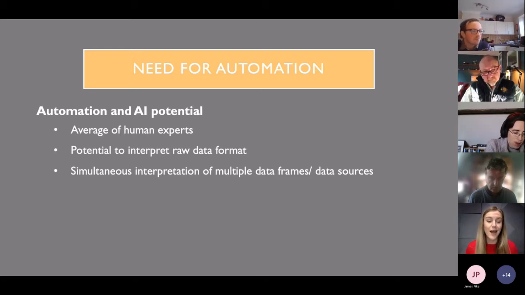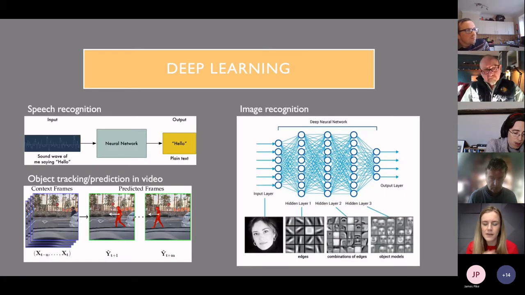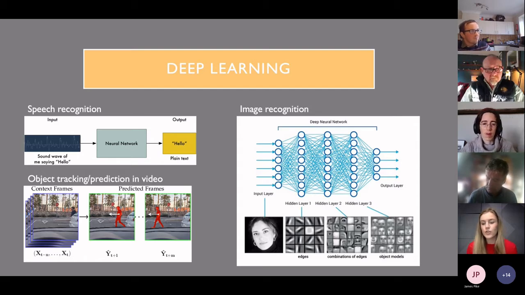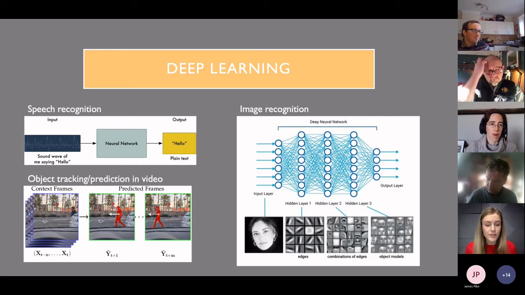So there's a lot of hypothesis, hypothetically we can do a lot more even than some of the things that I will talk about now. So the technology that we use for this is called deep learning, and it's the same technology that is in the self-driving cars today. So it's being used for lots of different applications, for text recognition, speech recognition, even to detect these objects that are moving around. So like a self-driving car would need to do that.